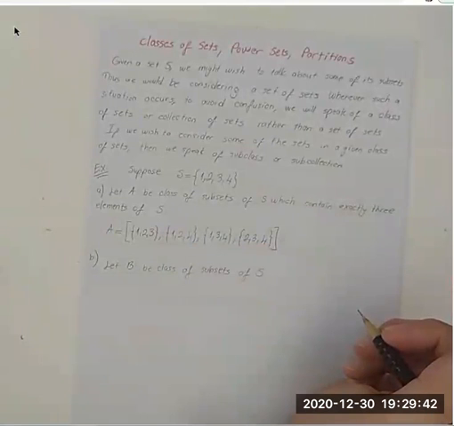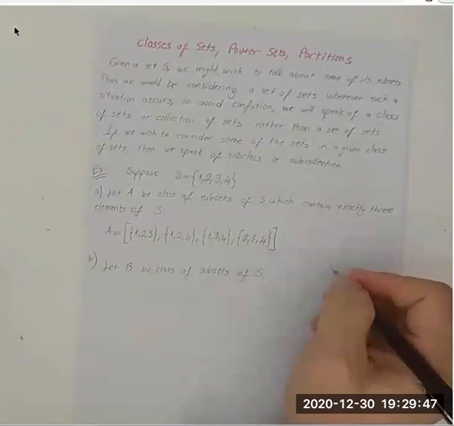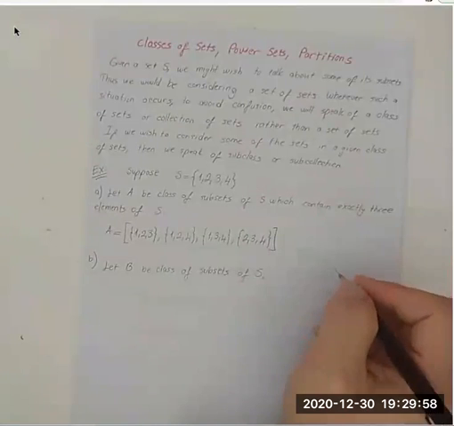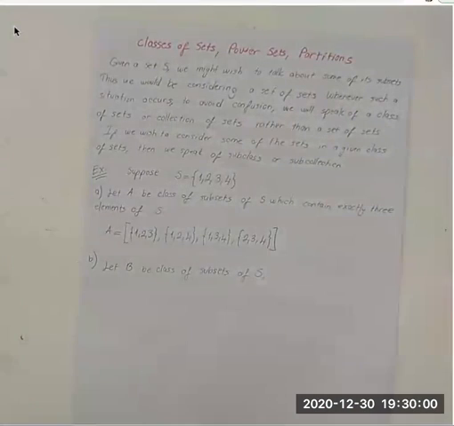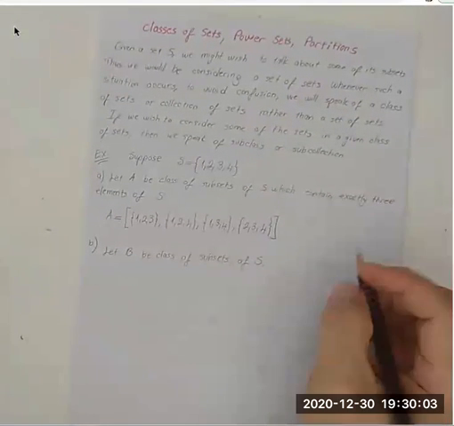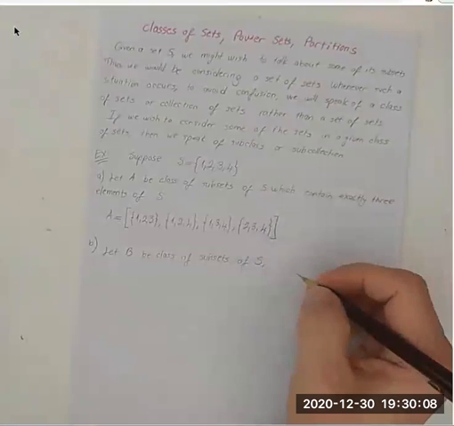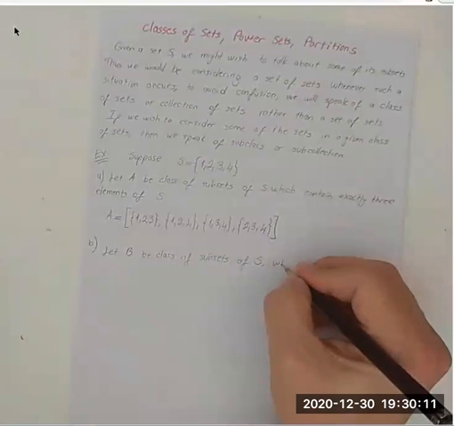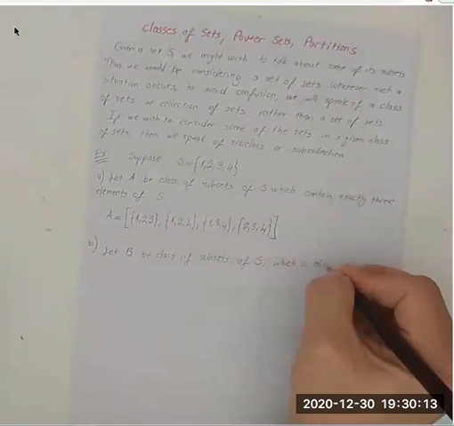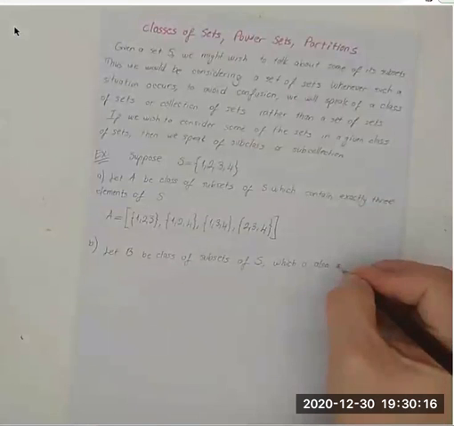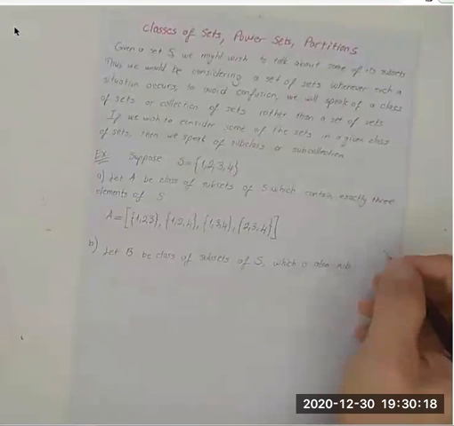B, a class of subsets of S, which are also subsets of A. So we can write for B: B is the class of subsets of S and also subsets of A. Okay, I can write here {1, 2, 3}